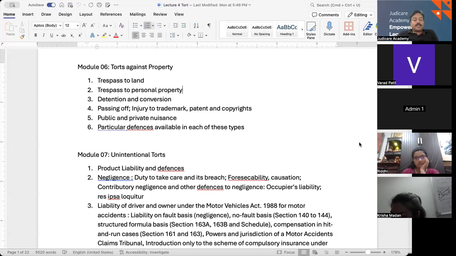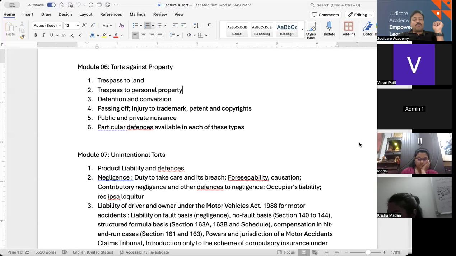So why is this a manufacturing defect? Because the design was fine. There was no problem with the design of the tire or the composition of the drink. But when it was manufactured, there were defects arising because the manufacturing was not done properly. Now, it is not something which is intentional, and it does not matter whether it is intentional or unintentional. If it happens, it happens, and the company is liable for the manufacturing defects.